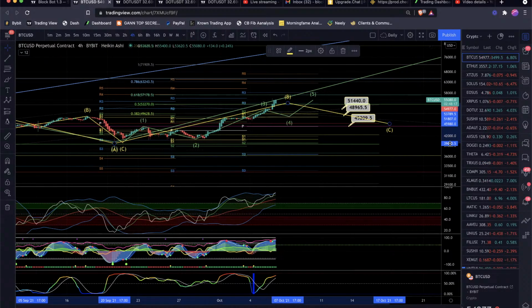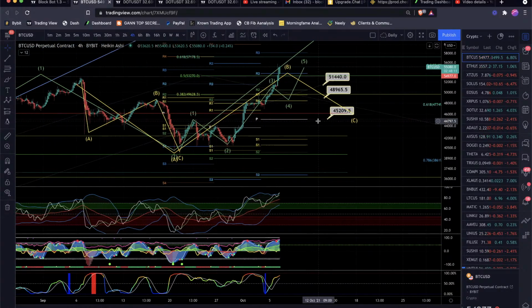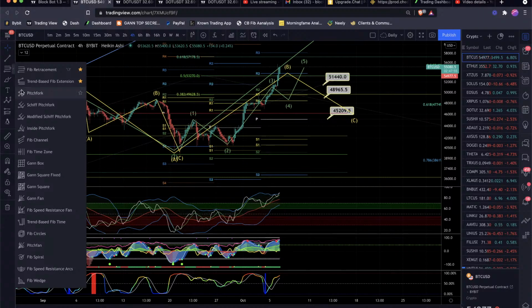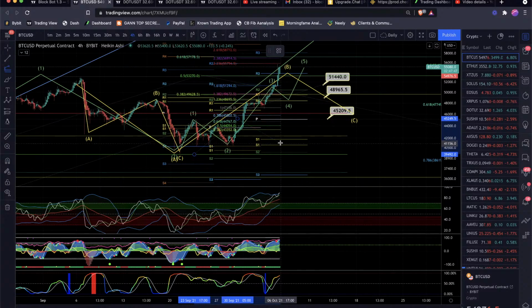All right. Now, if we look at again the smaller time frame, this is the 4-hour. For a wave structure, again, ABC right here in the middle. So I'd look at this as wave 1. This is our 2. Now 1, 2, 3, 4, and then this potentially could be a 5th. But if we did the trend-based fib extension off of the wave 1, that would make this basically an overextended third right here. But yeah, we tagged the 55 quite nicely.